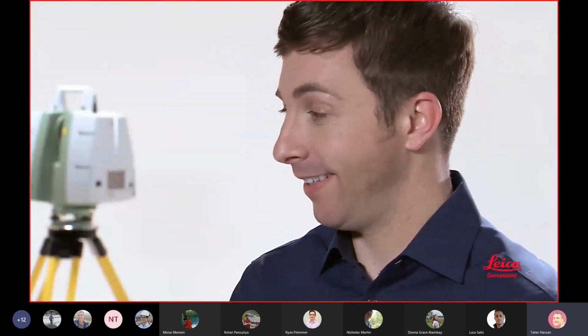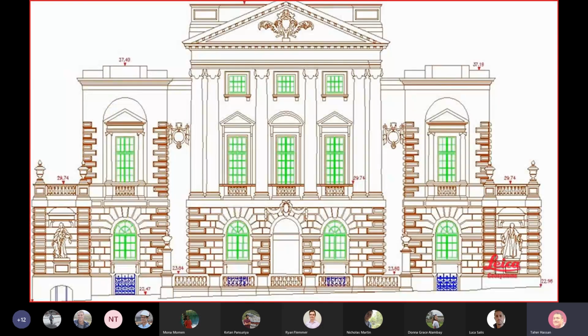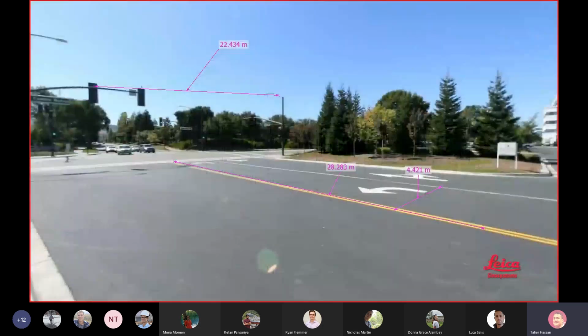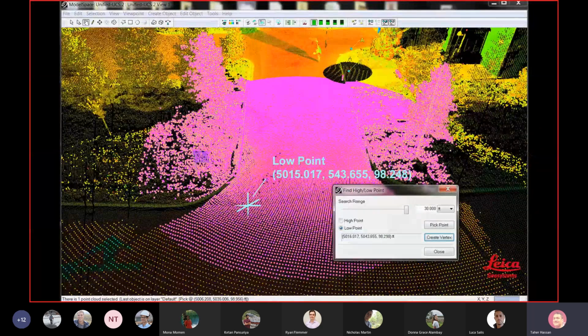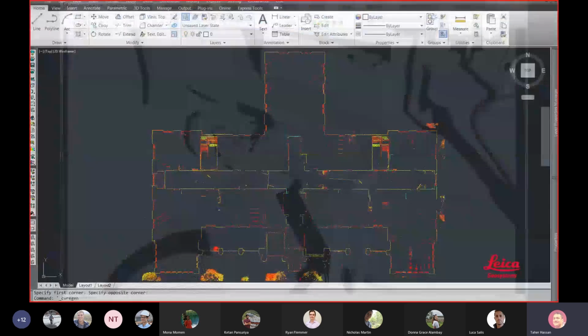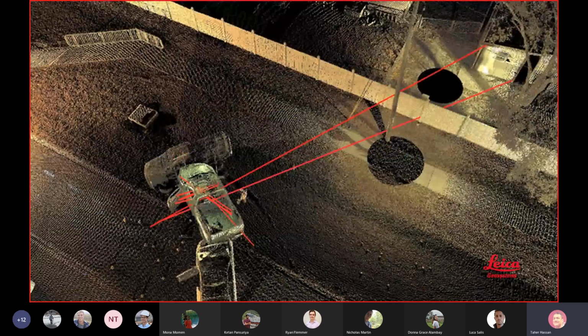But doesn't a registered point cloud contain hundreds of thousands or even millions of points? Or even billions of points. Yes, and here's where your office software comes in. It lets users mine this rich information for an almost infinite variety of applications and deliverables, from simple ones like 2D plans and elevations, user-friendly panoramic images with geometric information instantly available from each pixel, clearances, point-to-point and point-to-surface measurements, high and low points and tie points, sections and profiles, volumetric reports, line of sight and witness viewpoints, and bullet